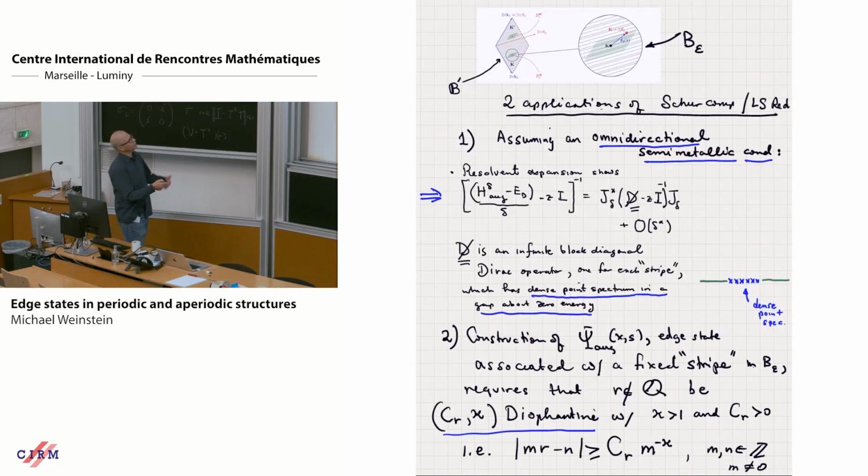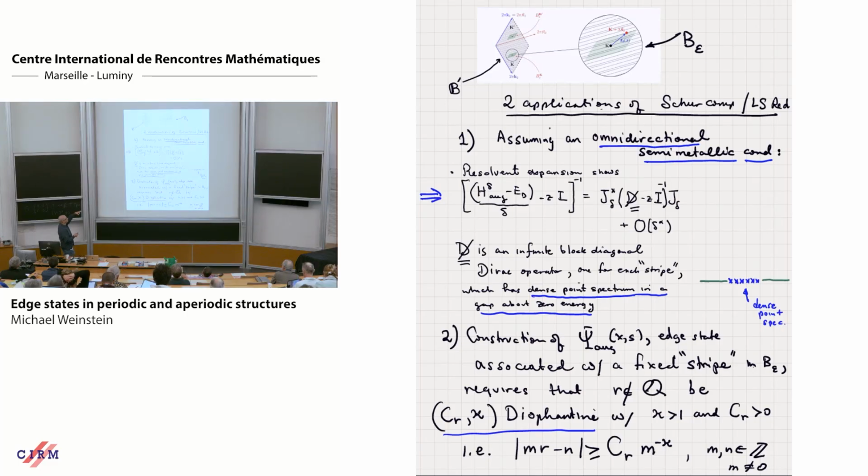So what the method requires is 2 applications of the Schur complement, and this is my last slide. First of all, let's take an alternative Brillouin zone, which is, say, a diamond where K and K prime are not at vertices, but rather in the interior. And then we have to look at neighborhoods of K and K prime, where these are dense. The first thing is to make a reduction to a very small neighborhood. That requires some kind of a resolvent expansion,